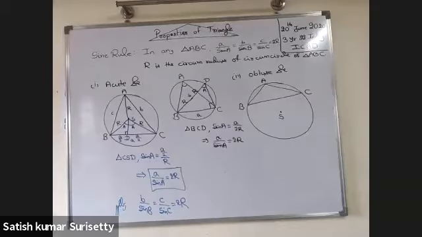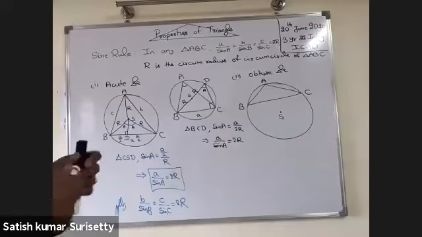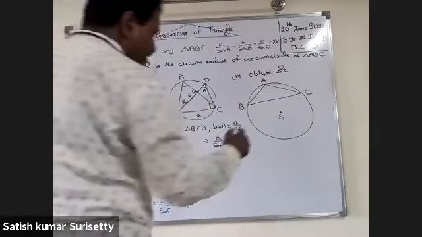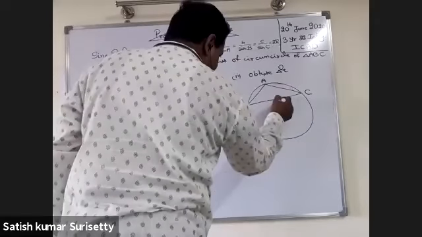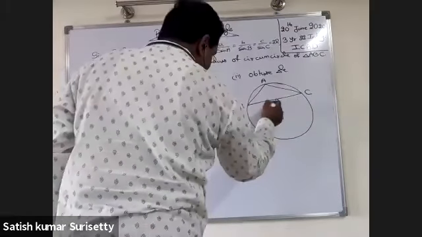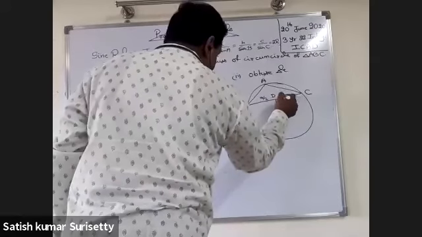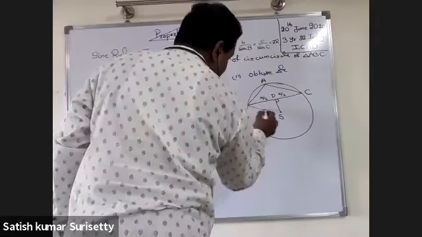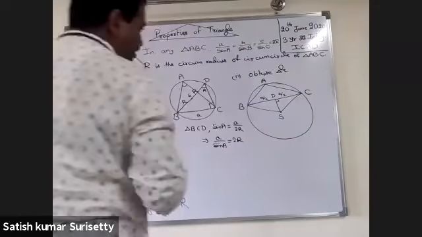Now again try in the same manner. So one method is again we can draw perpendicular from S to the side BC. Then again it bisects a by 2, a by 2. Now when I join this, can you tell me what is this angle?